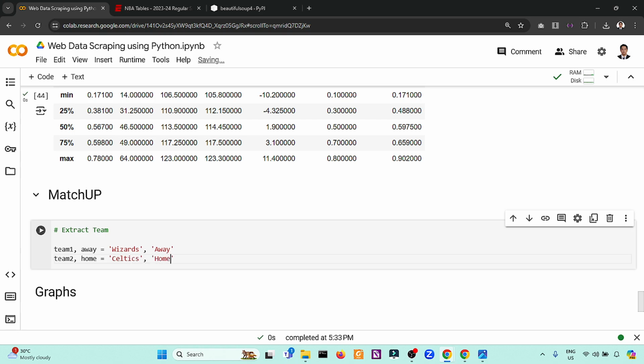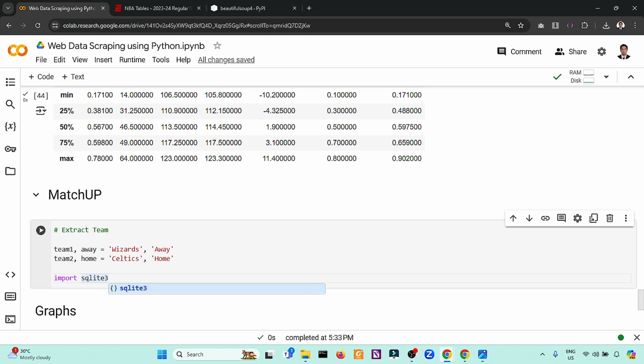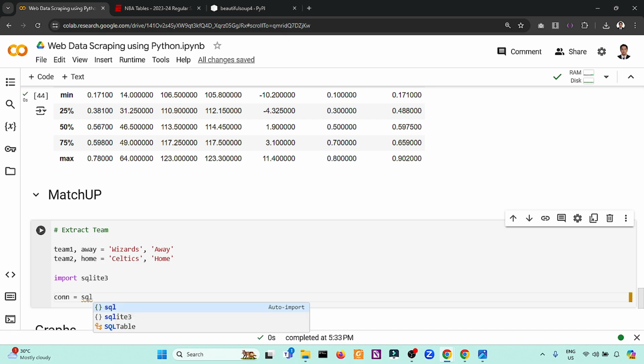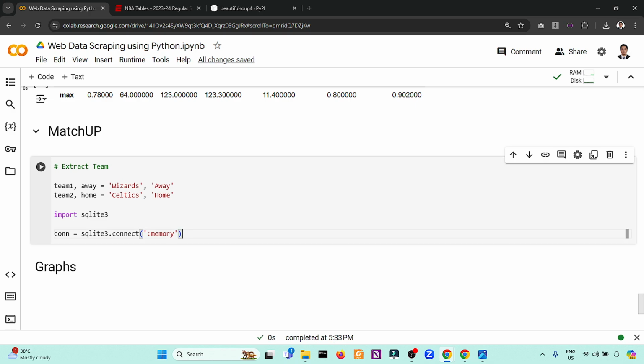So we will use SQL here in order to extract information. These are team 1. You can also use SQL statements inside of a Python notebook by using the sqlite3 import. So you create a connection equivalent to sqlite3.connect, and it's stored temporarily in memory.